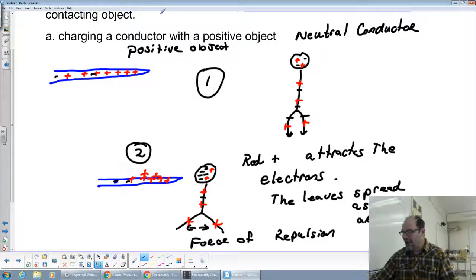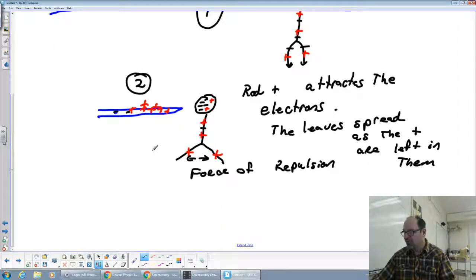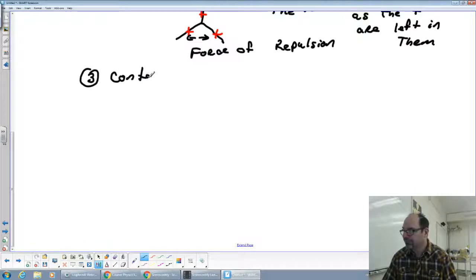So if I go ahead and touch it, what's going to happen is some of these electrons are going to flow off of the conductor. They're going to be attracted to these extra positives over here. So that's 3. Contact. So as contact has happened,